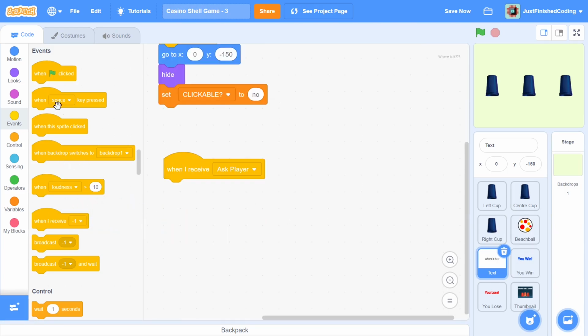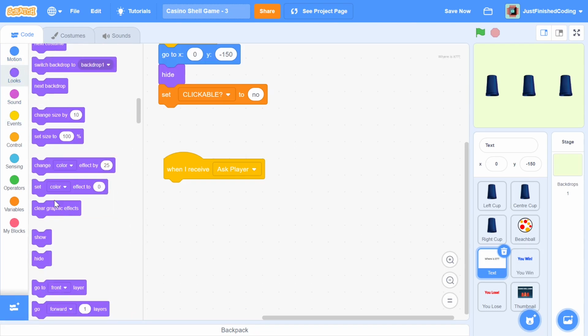In this case, I will show this particular sprite to tell the player where it is, just show that text, and then I will set clickable to yes, so that the player can now select one of those 3 cups. So set clickable to yes, and that is pretty much all you need to do.